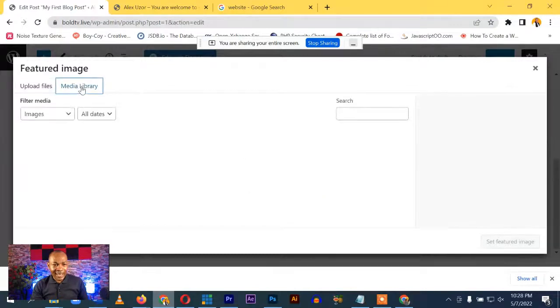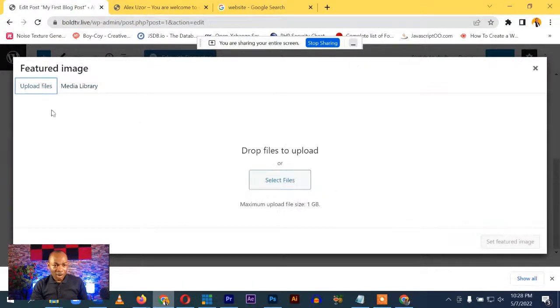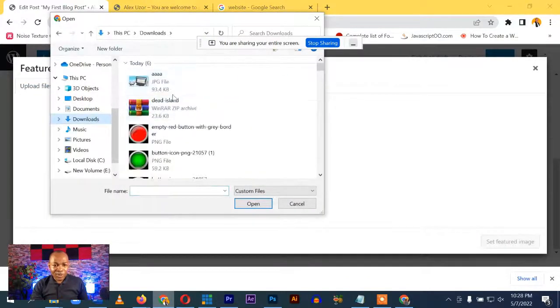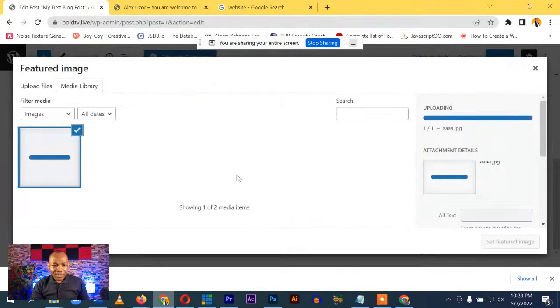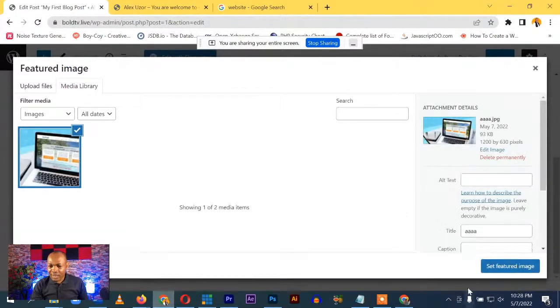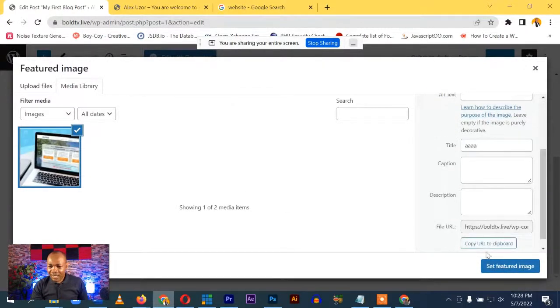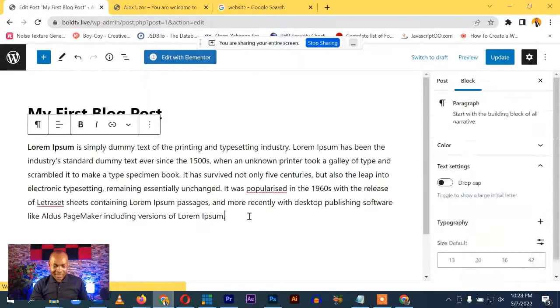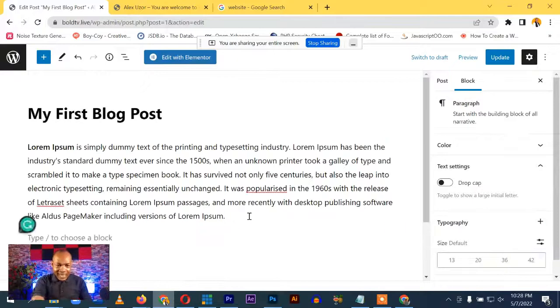You can either select from your media library, though we don't have anything there yet, or you upload from your system. So we'll go to where we saved the image we downloaded. You now say set featured image. It will set it. If you want to add an image inside your blog post,